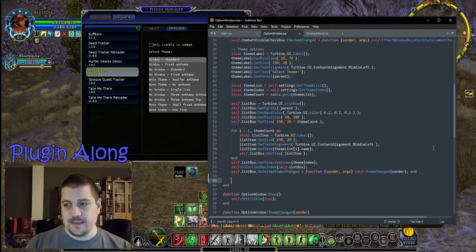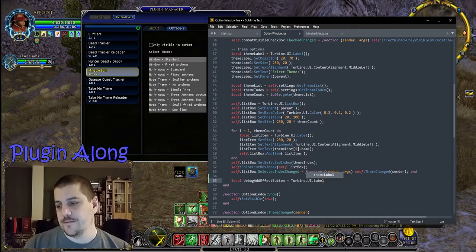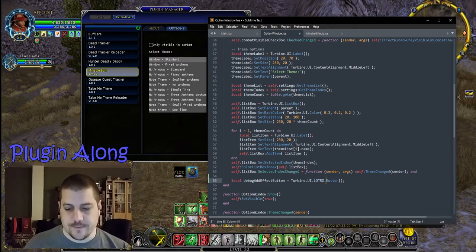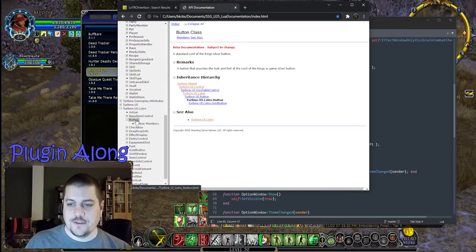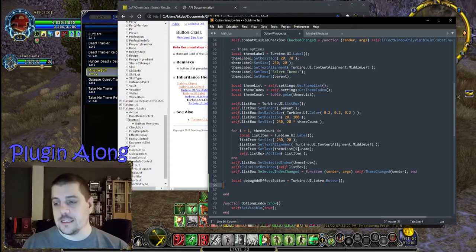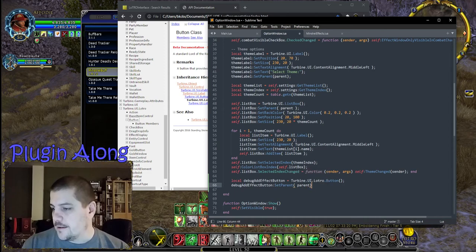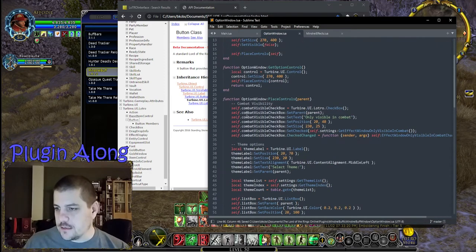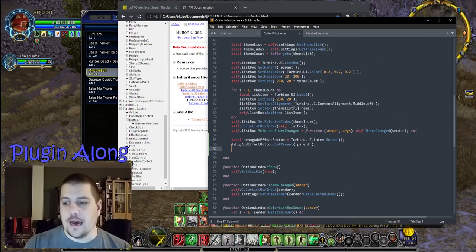So, how do we make a button? Local debug add effect button equals turbine.ui.label. Sorry, button. But we probably want it to be a Lotro button. So we probably want to come in here and use the turbine.ui.lotro, and I've accidentally all capsed it, lotro.button. So let's make that. Remember, the first thing we want to do is parent it, otherwise it won't be drawn. And apparently, these things are just getting called with something called parent. That's fine. Okay, so we're going to go ahead and...